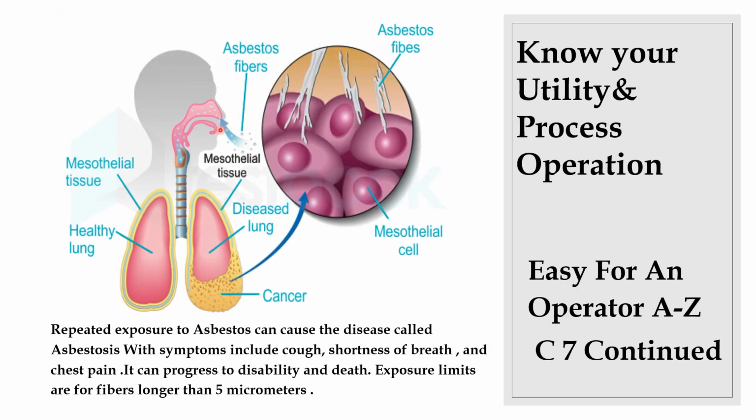This is a schematic diagram of the lungs affected by asbestos. This is the lungs. These are asbestos fibers, going inside the mesothelial tissues due to ingestion. This is the mesothelial tissue which is coated on the lungs. This is a healthy lung, but this is coated outside the surface. This is a diseased lung, and this is a cancer cell. Now we can see how the asbestos fibers are affecting the mesothelial cells over the lungs and causing